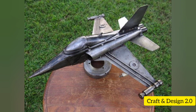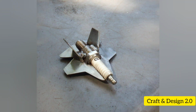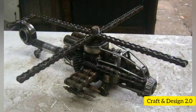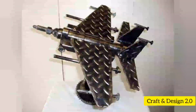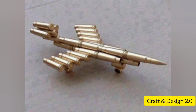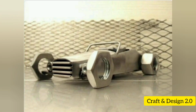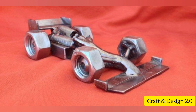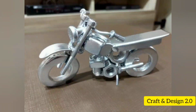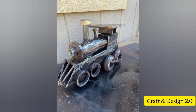If you enjoy rustic welding, scrap metal sculptures like a beautiful helicopter or a fighter jet are a great project. Gather old nuts and bolts, old chains, old metal sheets, and other discarded metal pieces. Using a combination of tack welds and full welds, assemble your design into a unique piece of art. Whether it's an animal, a robot, or an abstract sculpture, this project challenges your welding techniques while giving old metal a new purpose. This is also a great way to practice welding different metal thicknesses and